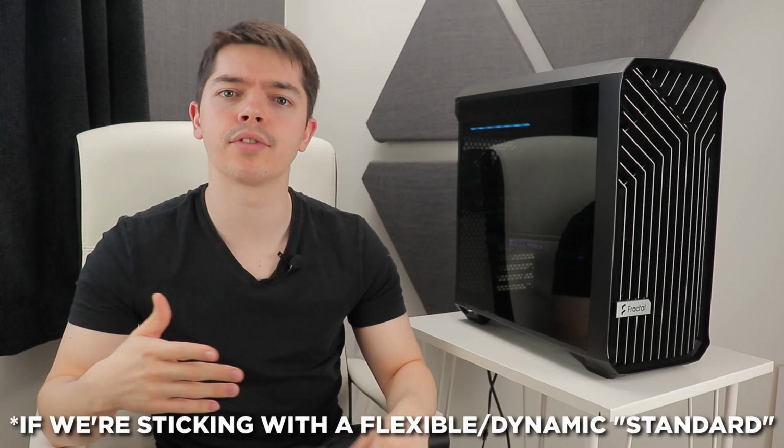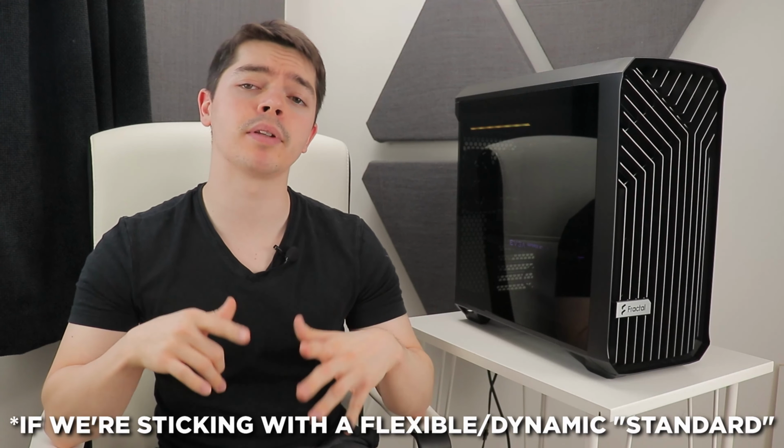eATX should probably die as a naming strategy or scheme, since eATX is the same size, especially height-wise, as an ATX board. It's just wider. There's no standard for eATX, as it were. I think ATX Plus or something along those lines makes more sense. For example, you could call it ATX Plus 30 for a board that's 30mm wider than ATX or the ATX